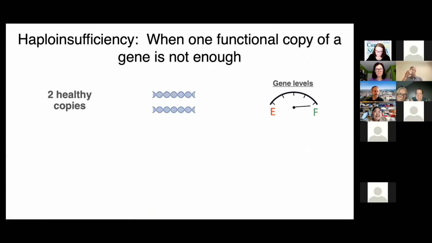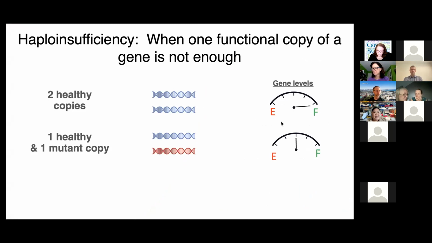So in our lab, we're really interested in studying and developing treatments for human diseases caused by haploinsufficiency, which is a really big word, which means when one functioning copy of a gene is just not enough. Typically, we have 2 copies of each gene, one from each of our biological parents, and this gives us a full tank of gene levels. But in the case of haploinsufficiency, one of those 2 copies is mutated and rendered non-functional. So we're only left with 50% gene levels, and this can lead to a variety of human